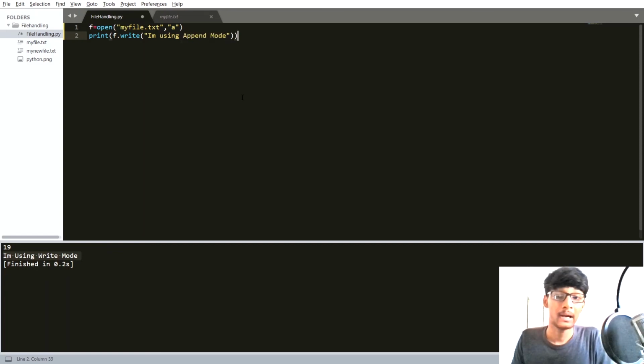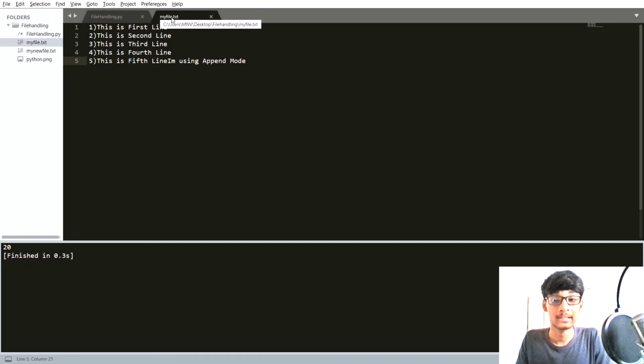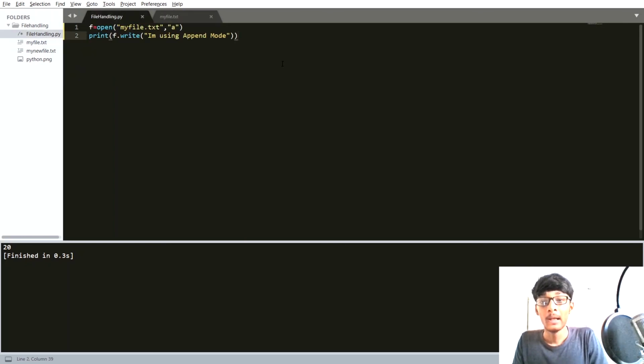Okay, now I'm going to run this code. And now you can see that inside our my file.txt file, the sentence "I am using append mode" is now added.